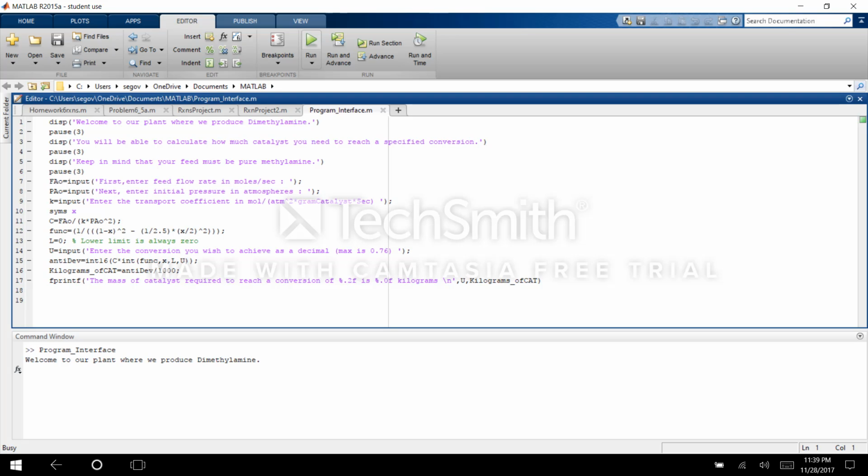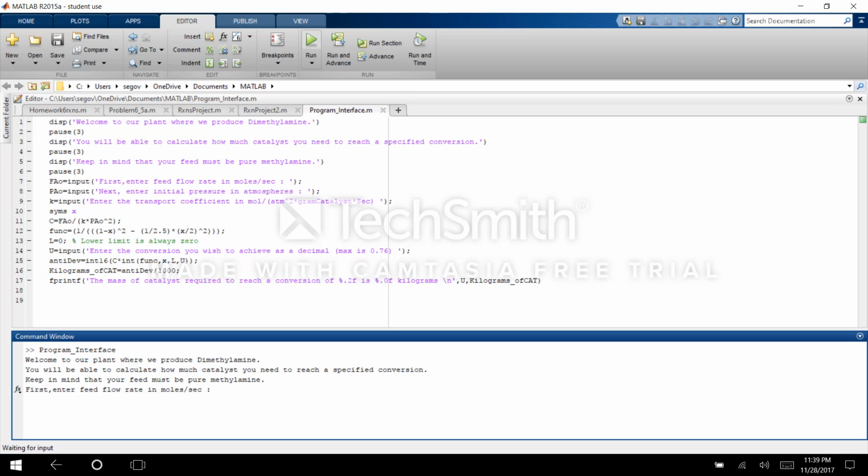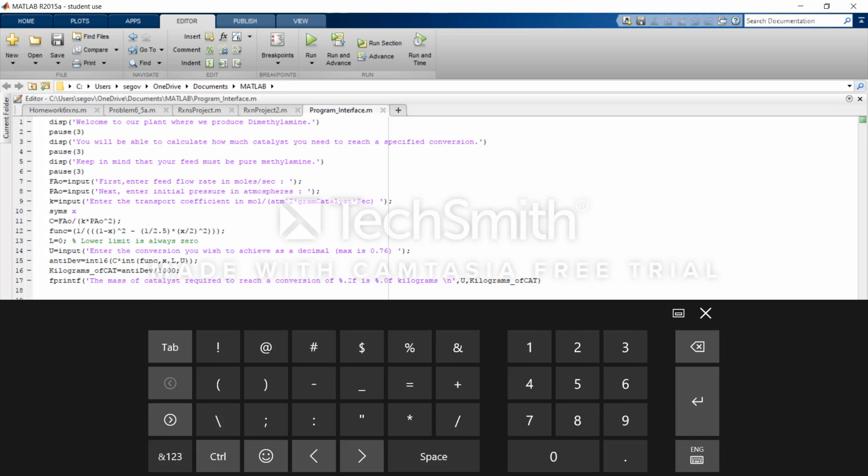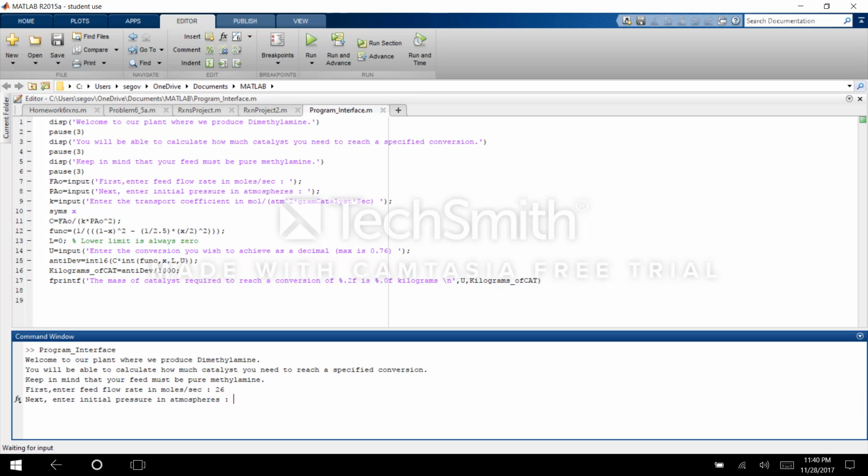So the first part of the MATLAB is just welcoming us to the program, and it's telling us that we'll be able to calculate how much catalyst we need to reach a specific conversion. We have to keep in mind that our feed has to be pure methylamine, and it's asking us to input the entering flow rate. So let's say that the entering flow rate is about 26 moles per second as given in the problem. So once we input that, go ahead and select it, and then next it asks us to enter in the